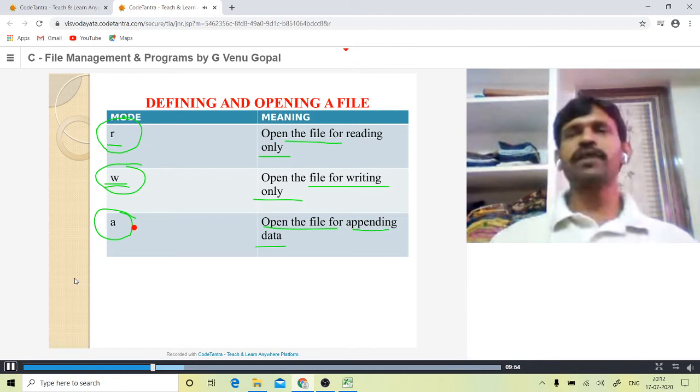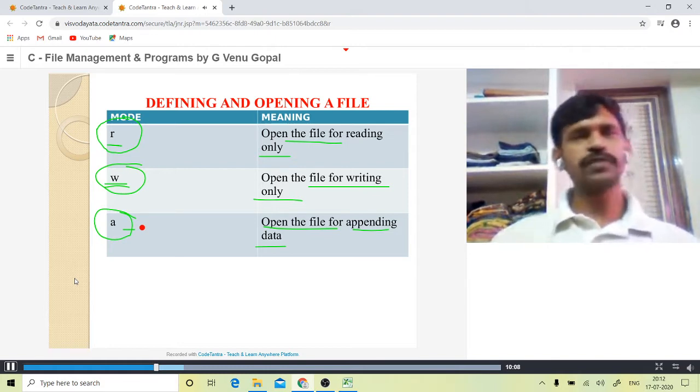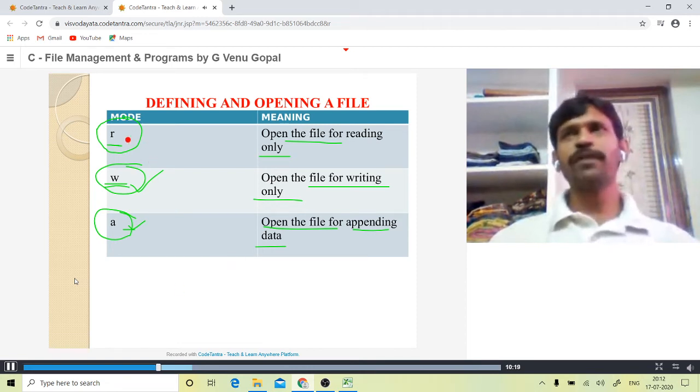If the file is existing, the pointer is placed at the end of the file and it will allow you to add more records. It is just like writing the notes within the classroom. The students are usually going to write the notes inside the notebook at the end of the previous session. That is called append mode. W mode means always creating or opening a new book to write the contents in a classroom. And read mode is to read the contents.